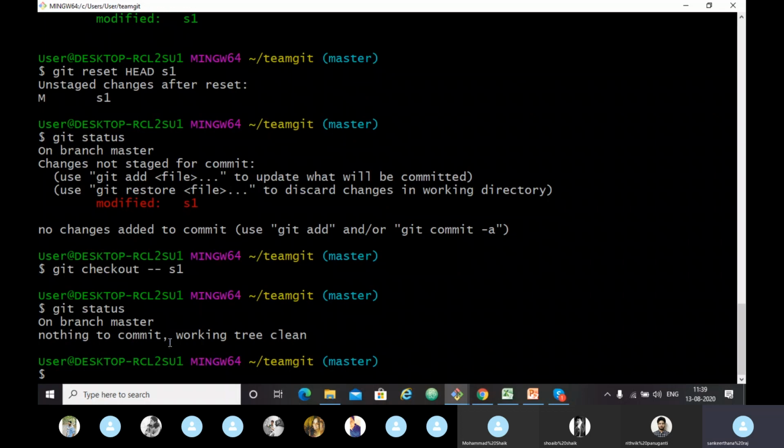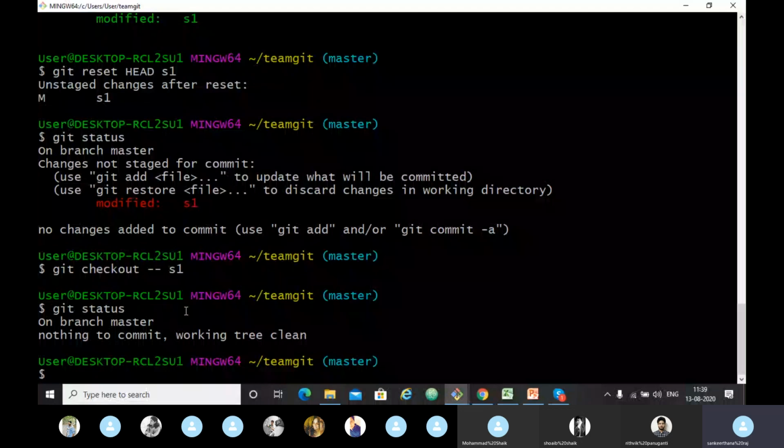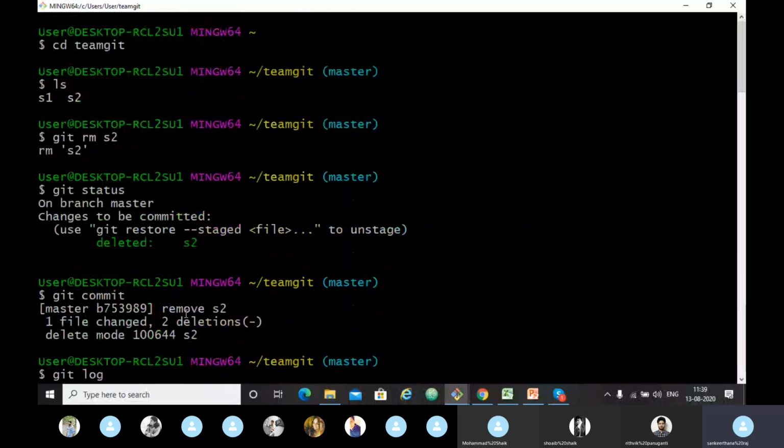Now let's look at one more undo action, which means you want to restore. We have deleted the s2 file, right? In the starting here, using the git rm command, we have deleted it, but that s2 file is still present in our history, right?